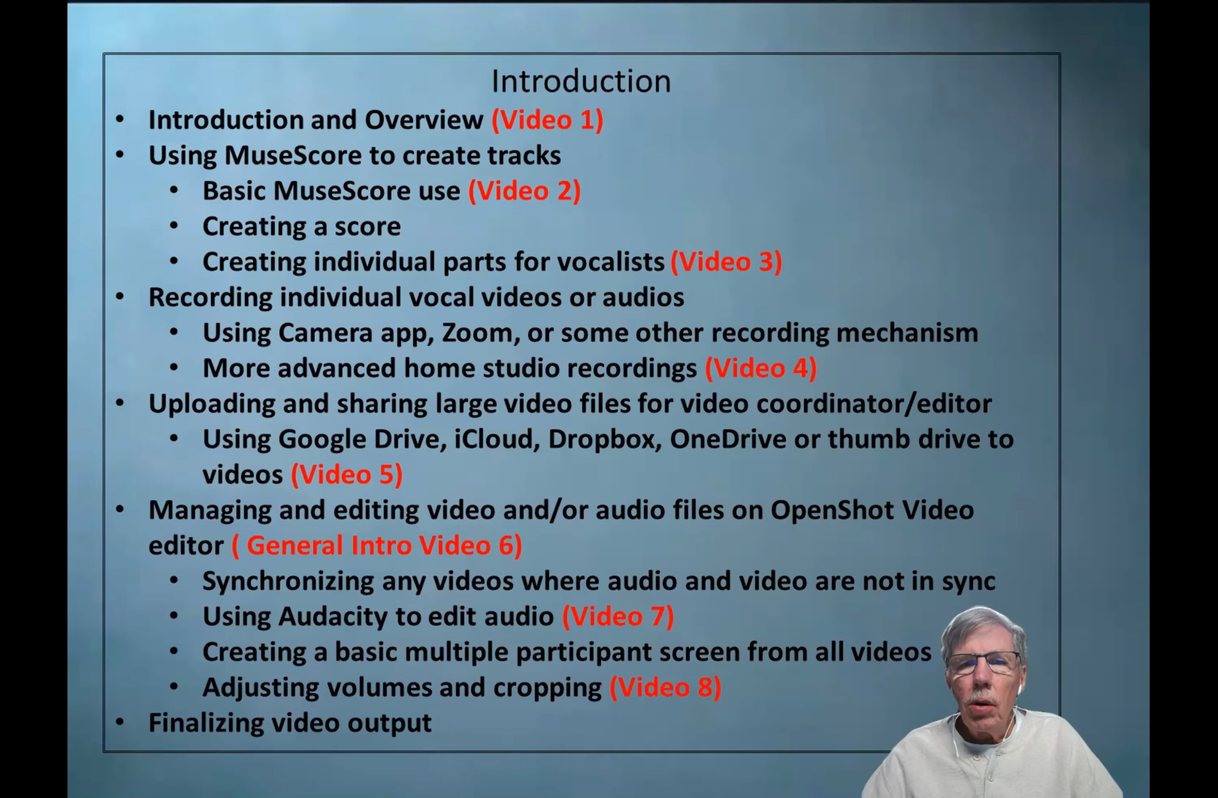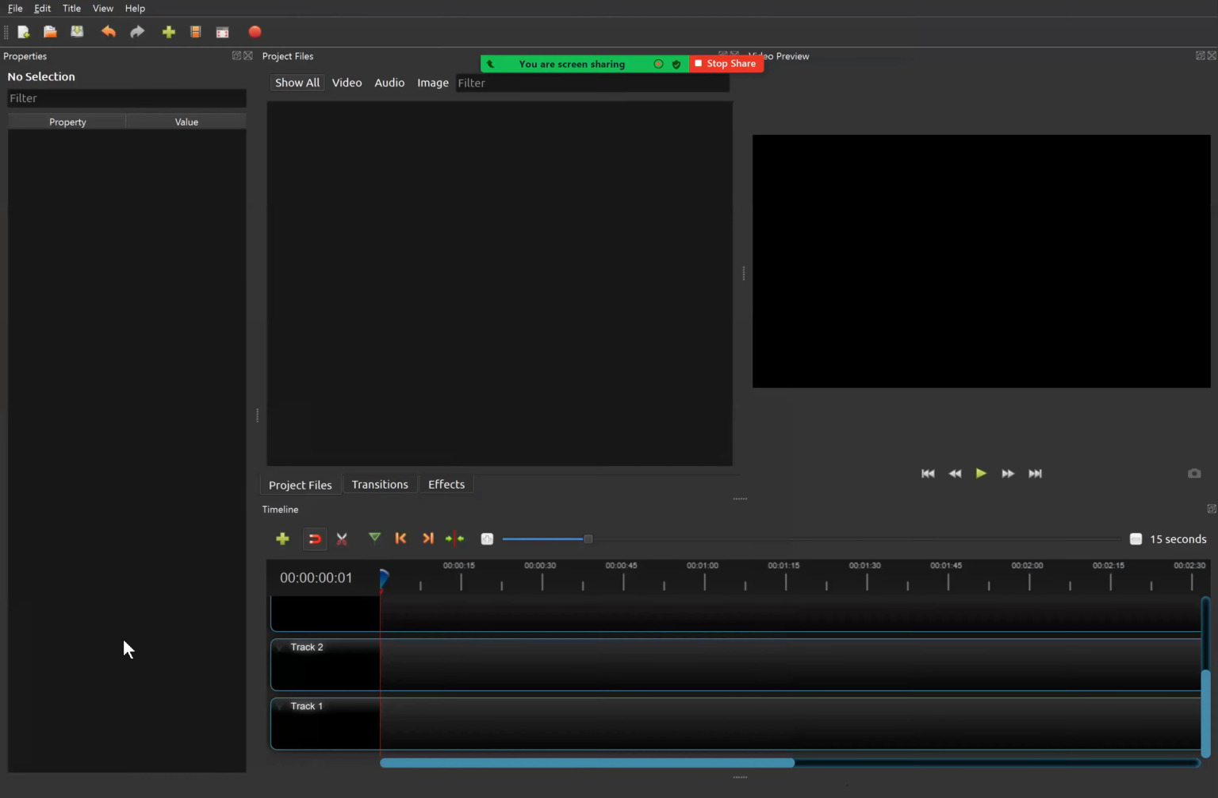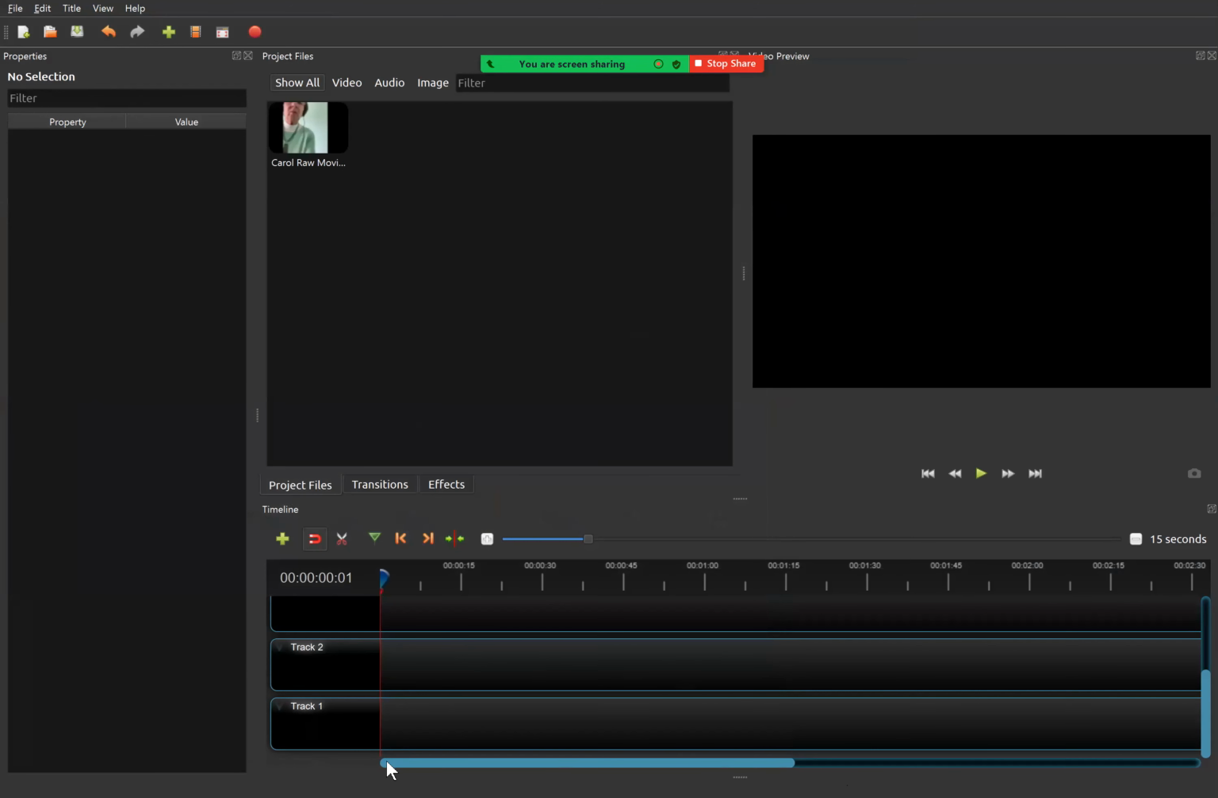So what we're going to do is stop this share, and then I'm going to share the screen of mine. I'm going to show you the basic OpenShot. This is, again, in video 7, you probably saw this, and it is a blank canvas, so to speak. And so I'm going to add a video, and I'm going to pick one here from a prior thing that I've done. And here it goes up in the top. And then I'm going to put this one in track 1,